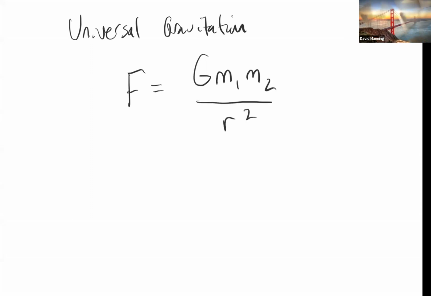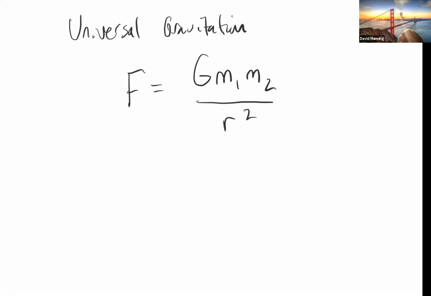So what we're learning about now is Newton's law of universal gravitation. That's what it's called, Newton's law of universal gravitation. And if you watch the video, Newton's law of universal gravitation tells us that every mass is attracted to every other mass. And the formula that we use is F equals big G m1 m2 over r squared, where r is